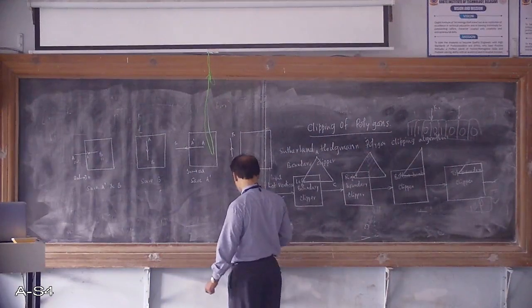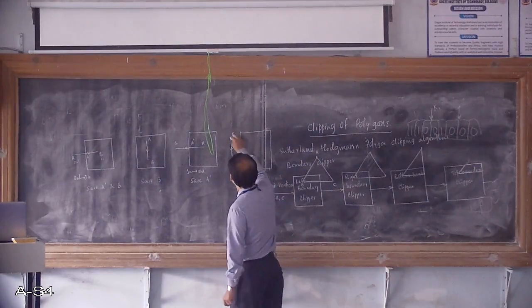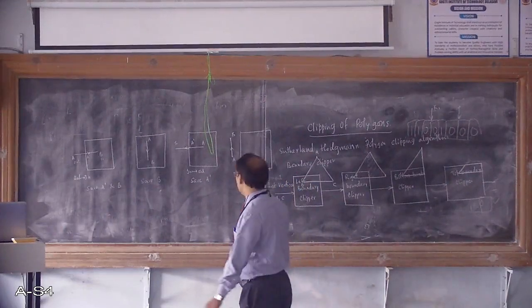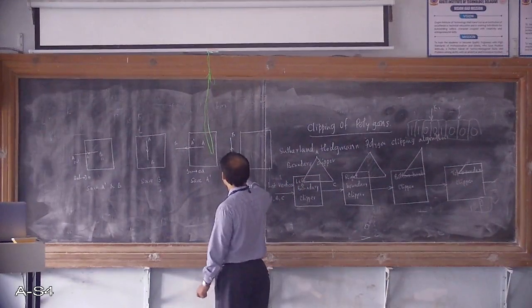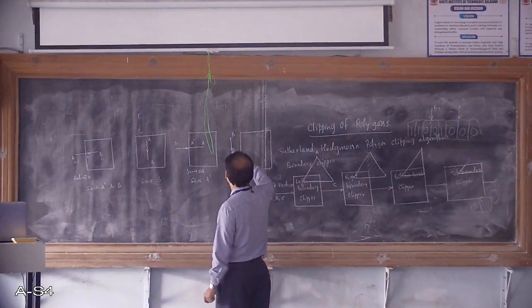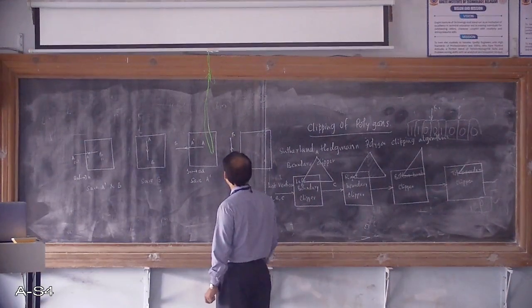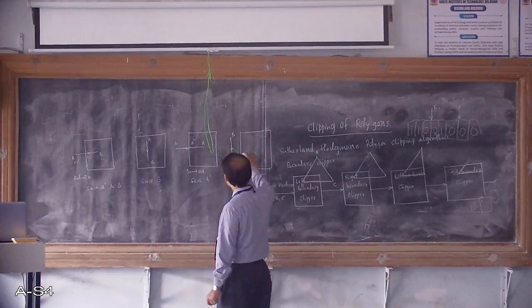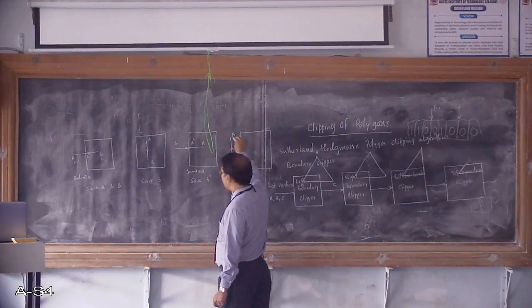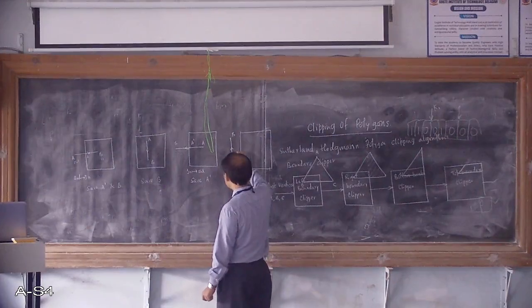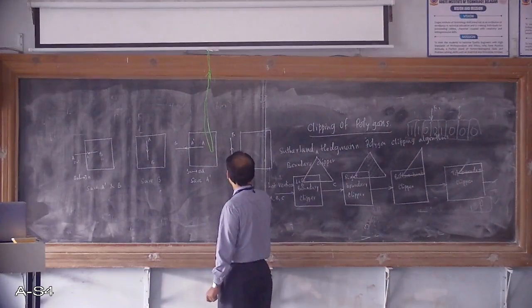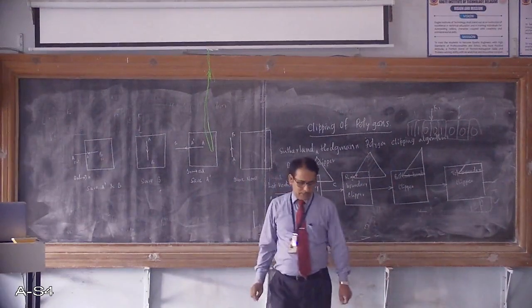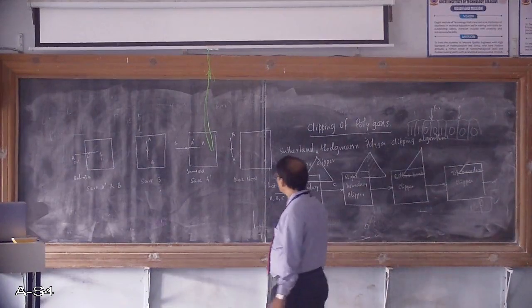Then the final case, the fourth one: the edge AB has been shown totally outside of the clipping window, so neither A nor B is inside the clipping window. This is a case in which none of the vertices are inside the clipping window. Here the edge progressing from A to B is completely outside the clipping window. If this is the case, then save none. You are not required to save any of the vertices. That means ignore both the vertices.